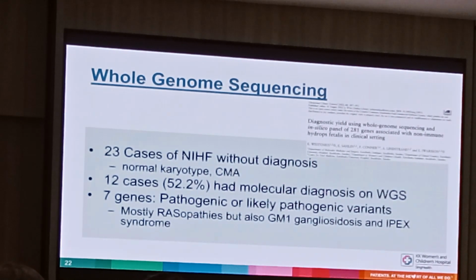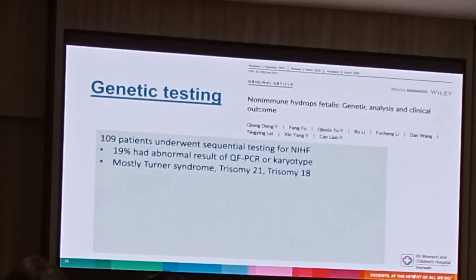So I think this one is something to watch this space. I'm sure that more evidence will become available on this. Of course, these are quite small numbers. There are only 23 cases that they looked at, so there might be some bias. So the answer might be either to go for whole exome sequencing as a primary test, or of course